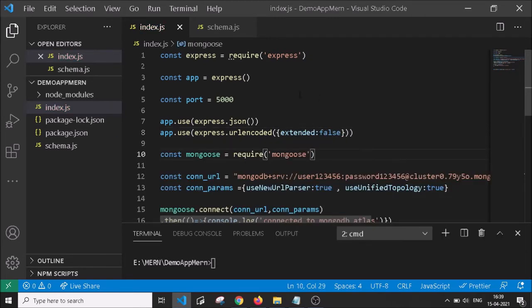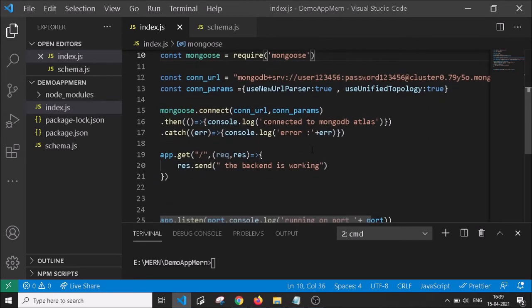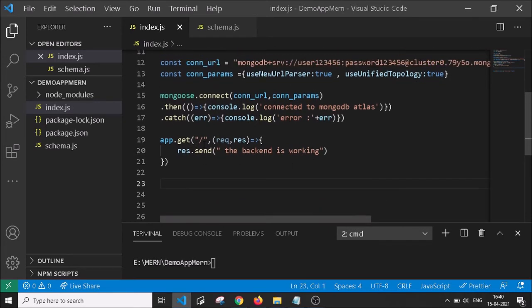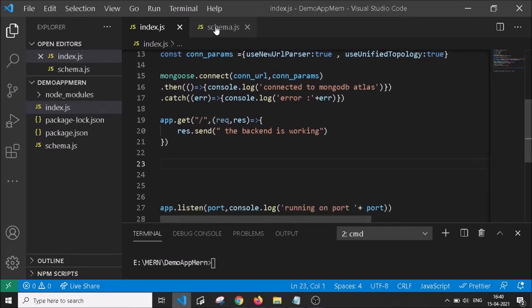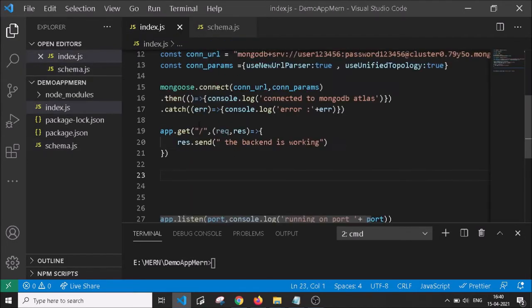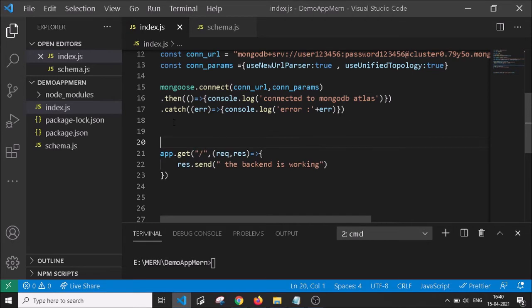Now we need these 2 dependencies because the request body needs to be seen as a JSON object. Now we'll go and define the add route. We'll first need to import the schema model that we exported here. So just above the get route we are going to write